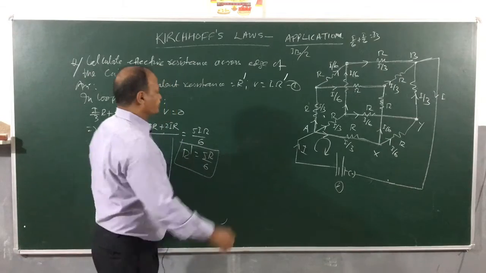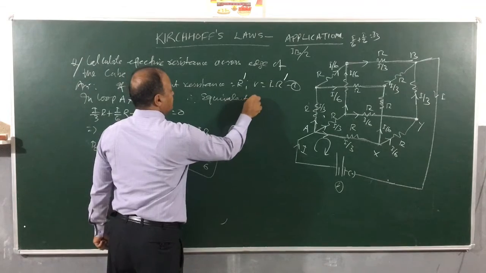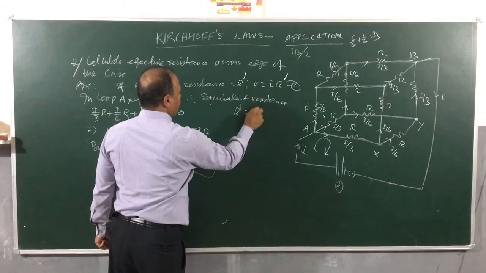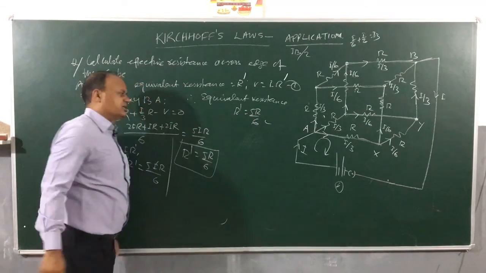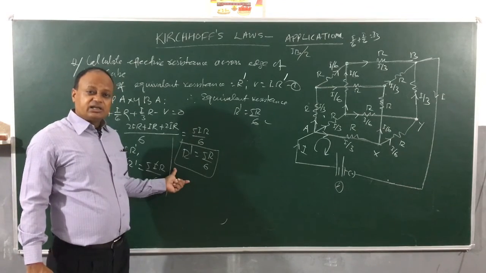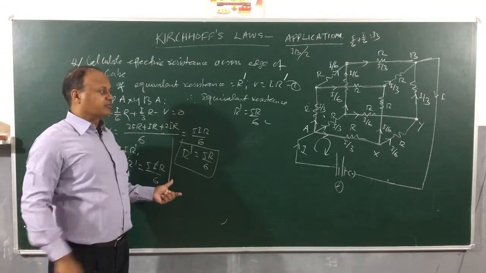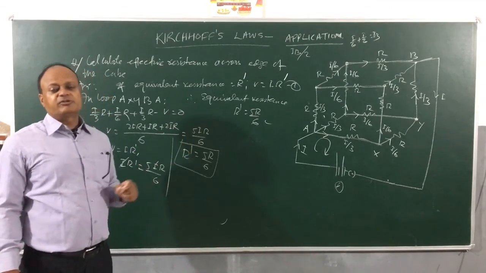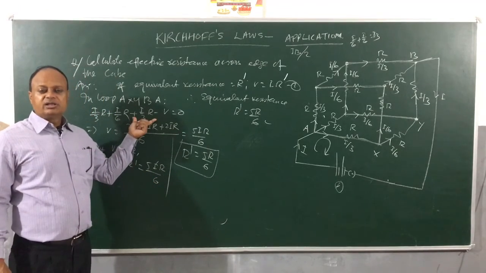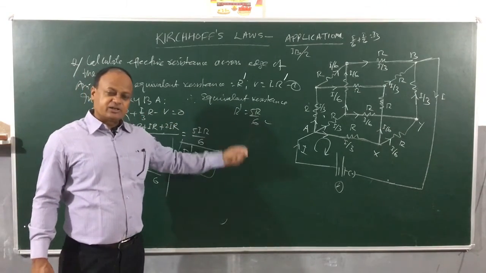So children, therefore equivalent resistance, we got R dash is equal to 5R by 6. Now remember, this result is very important. When we work through this, we use two concepts. One is distribution of currents, right? And the distribution of current came from the what? First law. And the second equation that we did here is using Kirchhoff's voltage law, KVL, the second law. And then we are able to calculate. This is the result you have to remember.